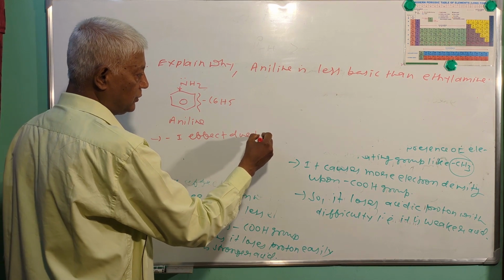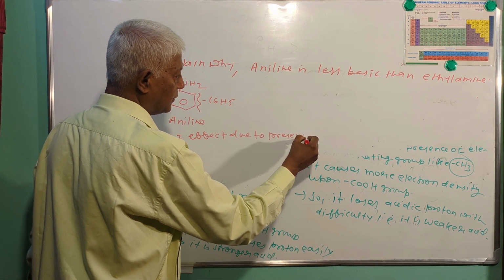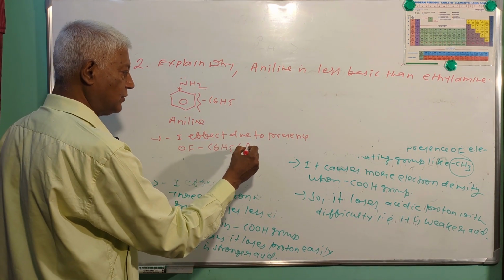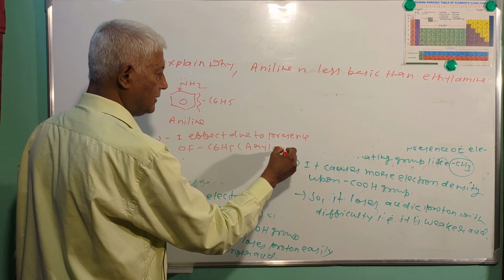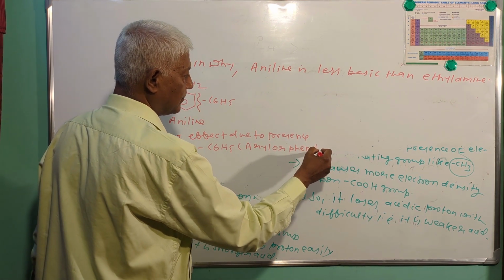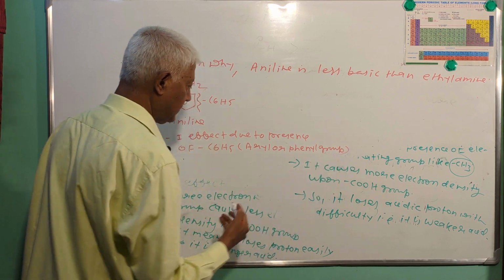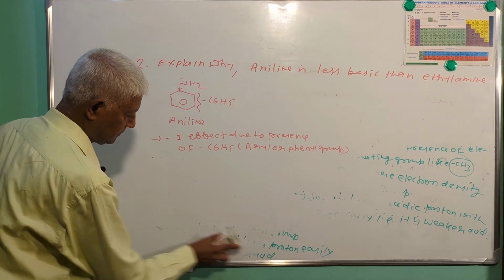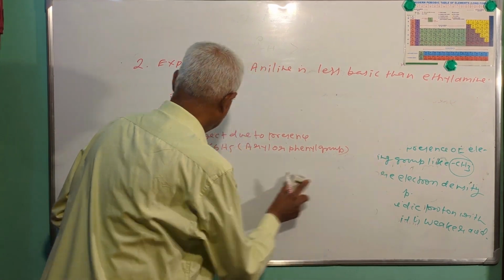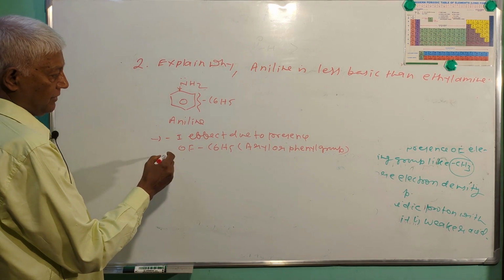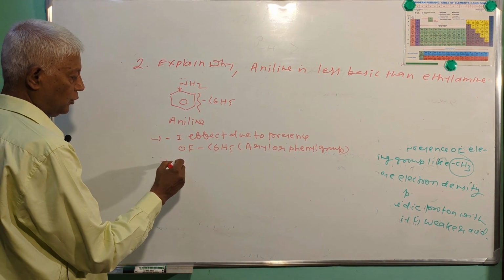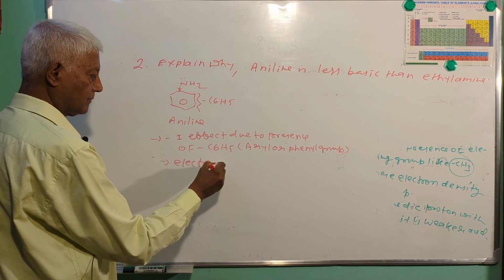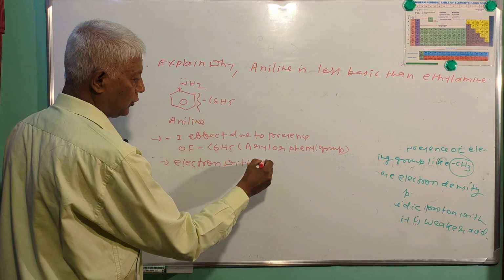So the phenyl group is an electron withdrawing group,